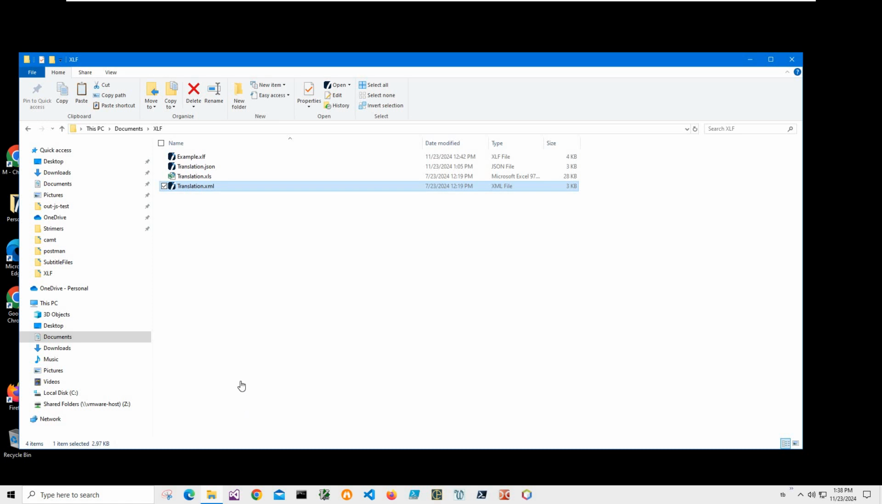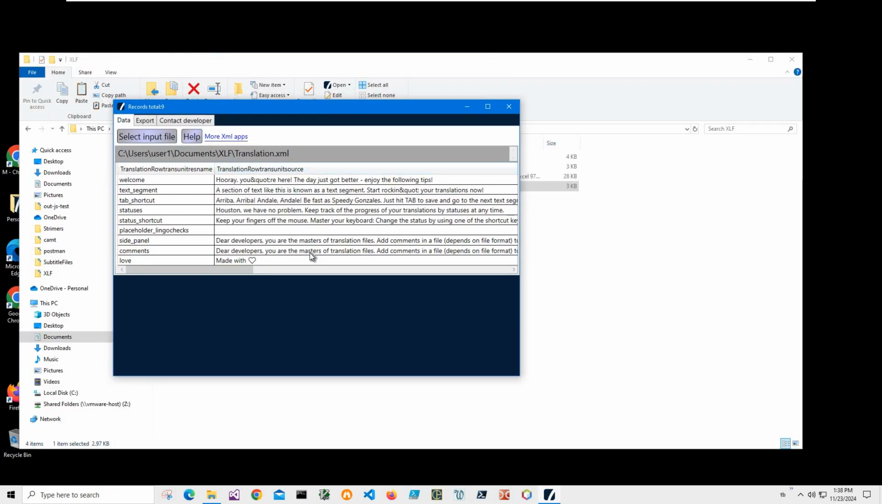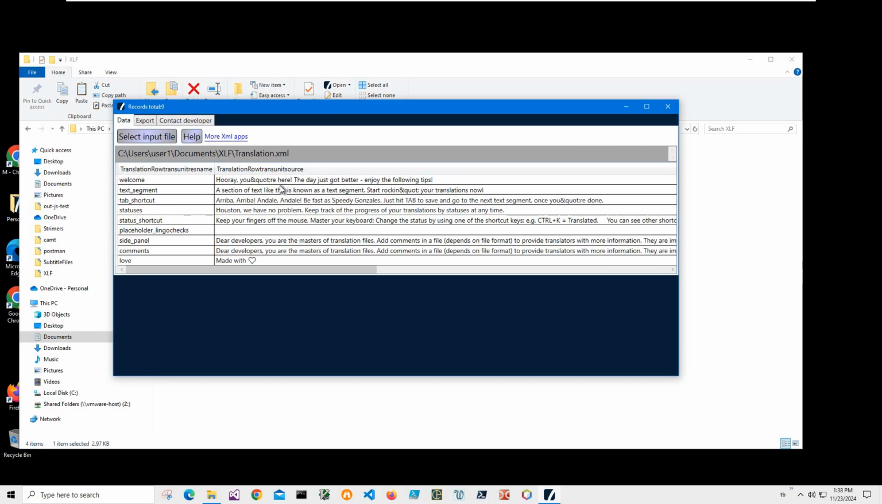Hi, in this video I will show how to use an application for converting XML files to XLF files. You can see on my computer I have a translation XML. I can double click to open it in an XML viewer, and you can see the main fields I have is